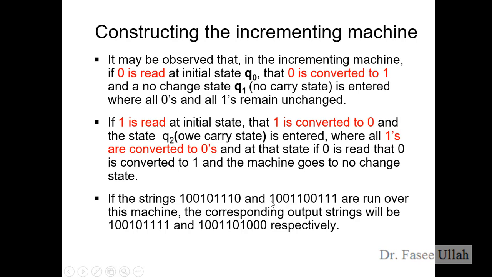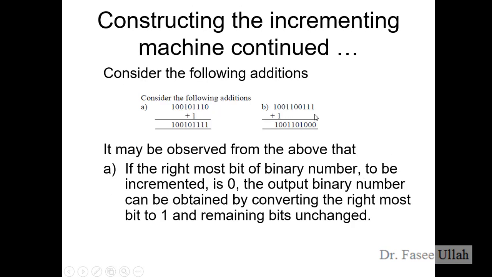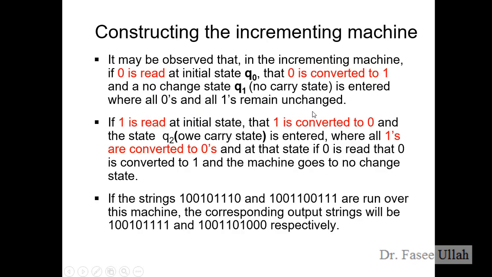If we have another example, 1 0 0 1 1 0 0 and 1 1 1, and we perform the ones complement by adding 1 here, what will we do? So 1 plus 1 is 0 1, so 0 is down and 1 is carry. The same here, 0 1 1 0, so 0 is down and 1 is carry. So 1 1, 0 is down, 1 is carry. So 0 plus 1 1, and the rest of the bits will not change. This is the representation of how we can construct the increment machine using these steps.